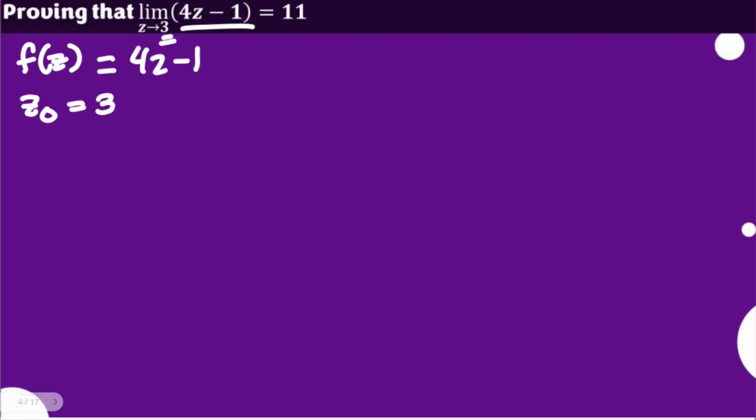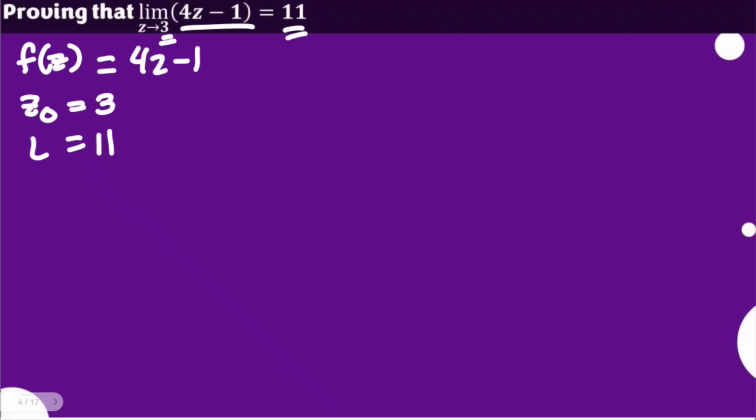By the way, don't worry, for these 3 videos, starting with this one, we will have our z sub 0 as a constant, meaning a real number, not a number with an imaginary value, just because this is for illustration of the definition of the limit of a complex function with some examples. And that would mean this is our L, that is our L being 11.